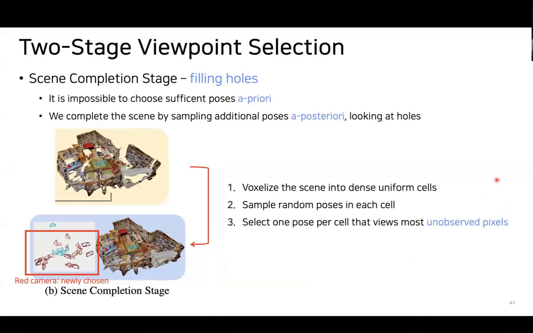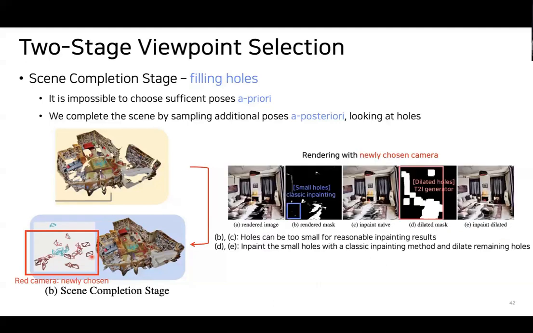There are some details here, and in summary, we densely sample the camera position to cover the unobserved pixels, this LED camera. And with the newly chosen camera, we can render the image as shown in B